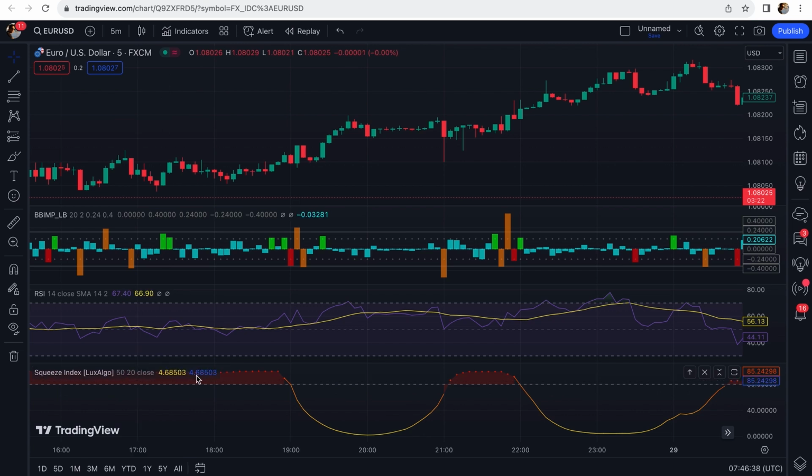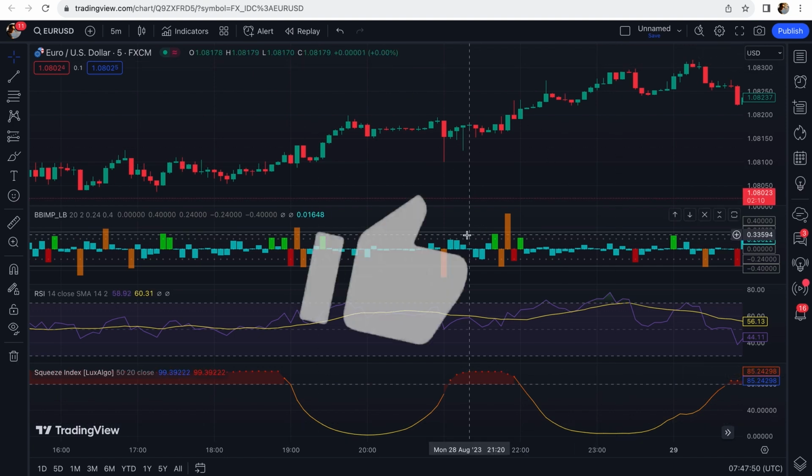When it's above 80 and red, the market is flat, and when it's below 80, it shows that the market is trending. Everything is already set on the chart, and before we start the strategy,